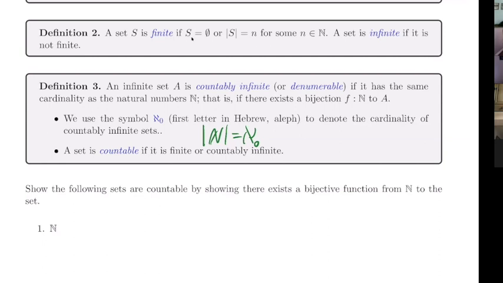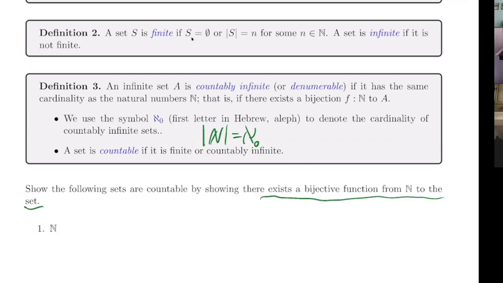So the whole idea of whether some set that has an infinite number of elements is countably infinite or uncountable all falls down to whether there exists a bijection from N to the set. And if we can prove that there is a bijection, then that's a proof that the set is countably infinite.